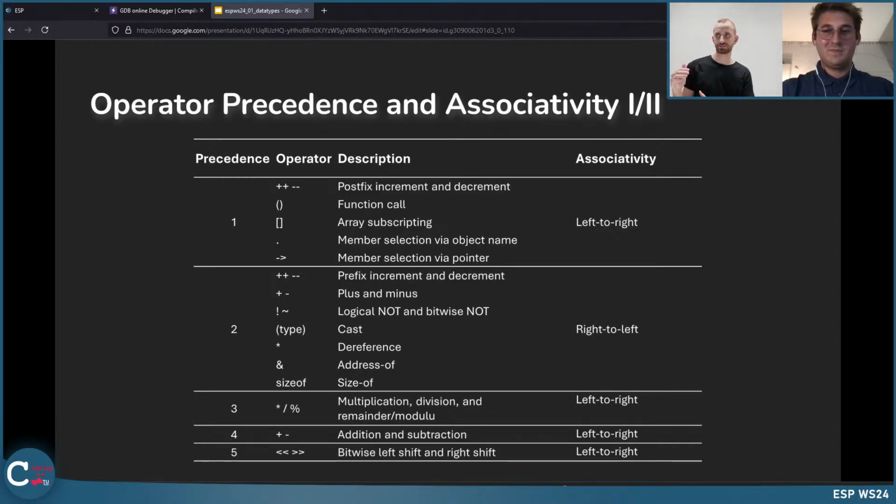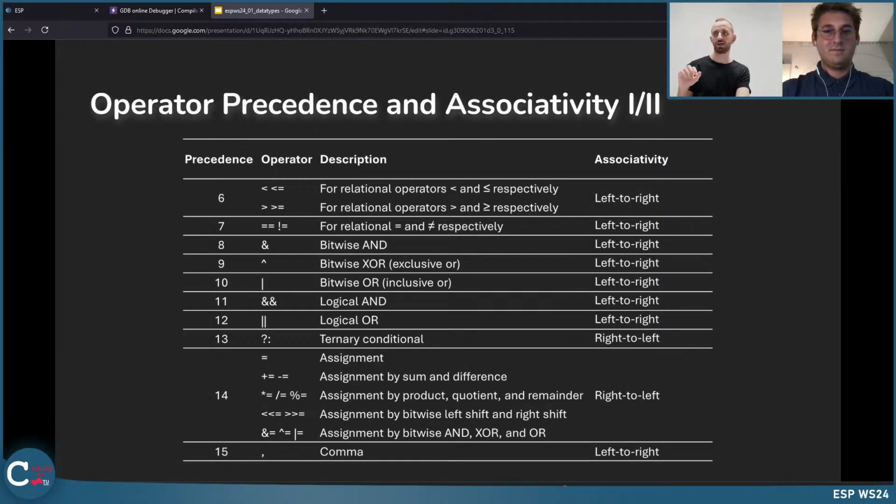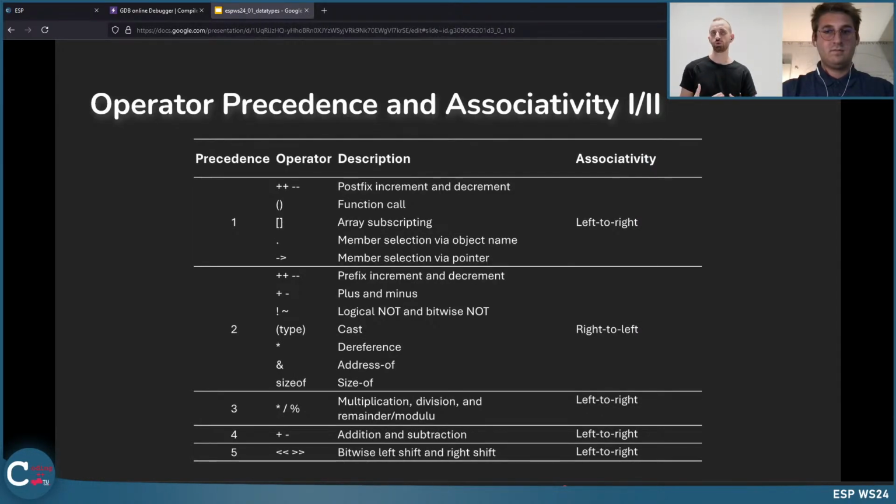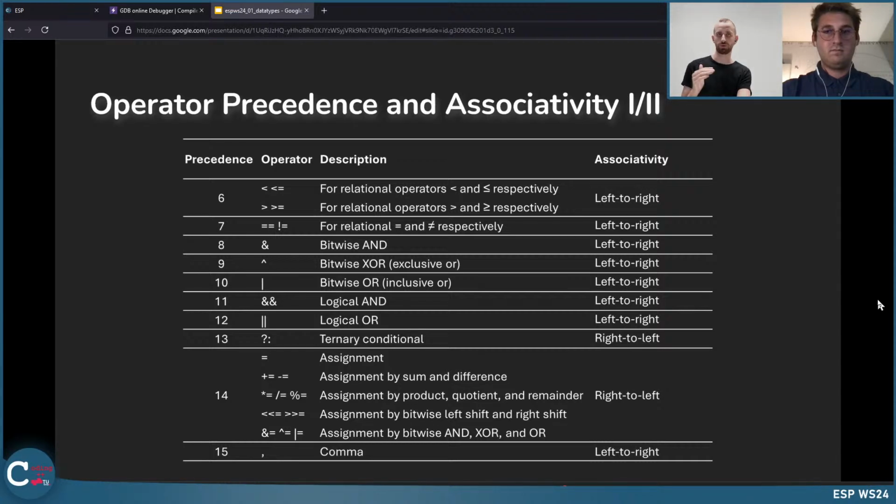And there is a list of all the possible operators. This is just the first part. The second part is here. And this is basically like a guidance for you to start when to use what operator and which operator is executed first. So in this case, all of these operators here in the class 1 are operated first, then all this in this class 2 are operated next, and so on. So if you chain them, they are executed line by line, or in these groups from 1 to 15 in this case.